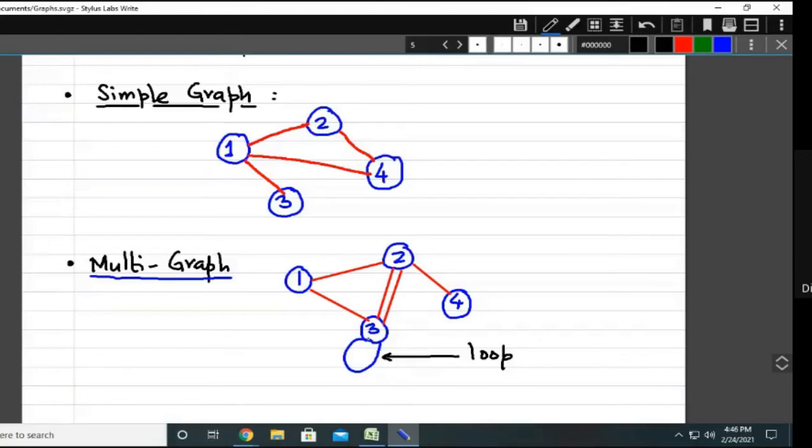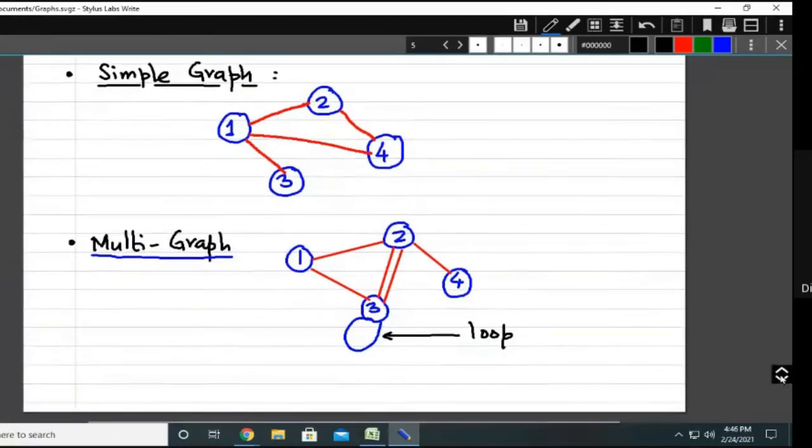When a node or an edge starts from the same node and connects to the same node, okay. So when a vertex has an edge that connects to itself, it's called a loop. A graph that includes loops and multiple edges is also called a pseudograph. So a multigraph is a graph that has multiple edges, and then we have one more graph that is called